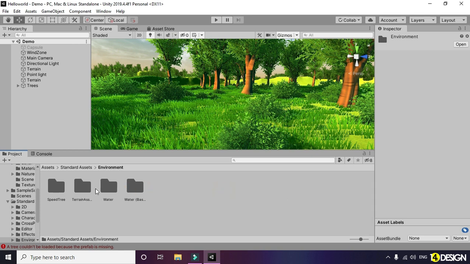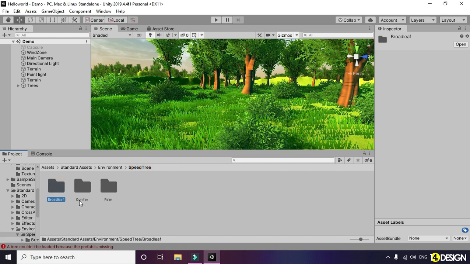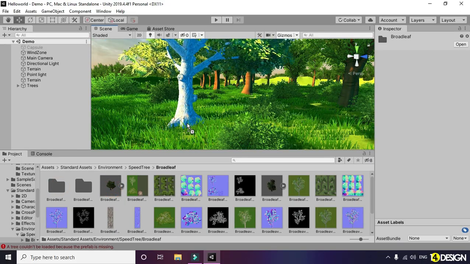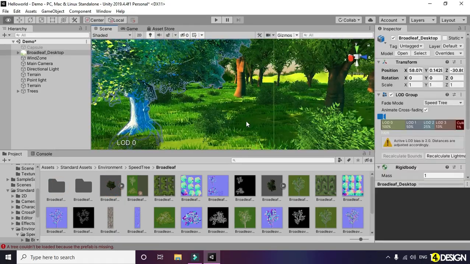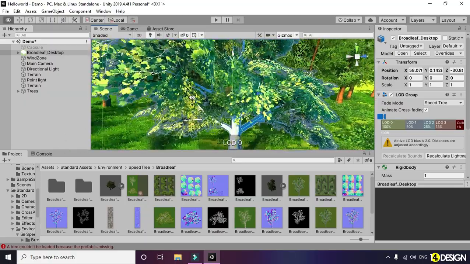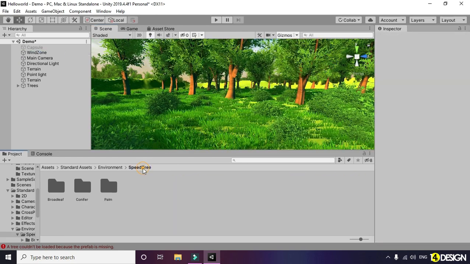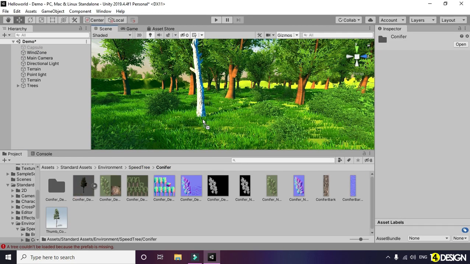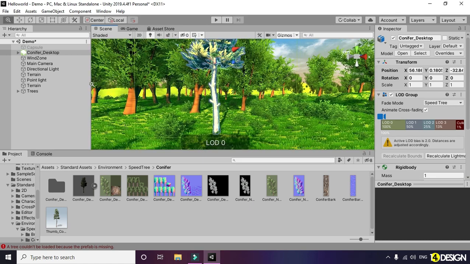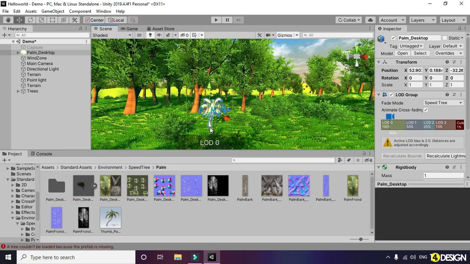And let's check out our Standard Assets to see if everything is fine. Let's go to Environment and check out the SpeedTrees. The Standard Assets has 3 types of trees. The broadleaf, just gonna drag and import. We're gonna be fixing the lighting of this one, no problem. Just checking right now. The conifer is good, and the palm, of course.